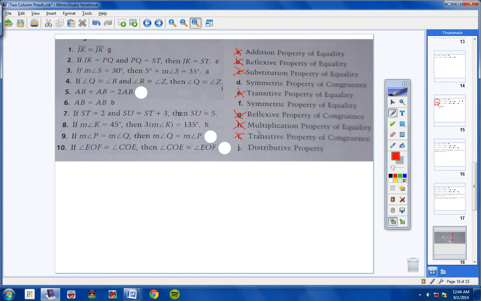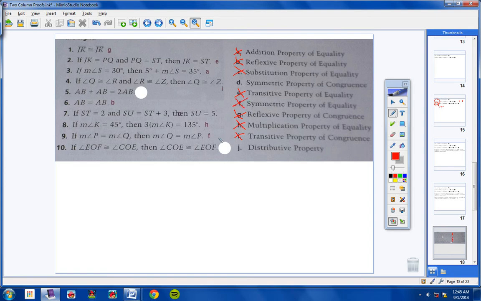and let's continue on. If the measure of angle P equals the measure of angle Q, then the measure of angle Q equals the measure of angle P. Well, first of all, we're dealing with equal signs, so we know it's going to be an equality property. Secondly, whenever it's A equals B and B equals A, we call that symmetry. Okay, symmetry. So what we're looking for is the symmetric property of equality, which would be letter F, the symmetric